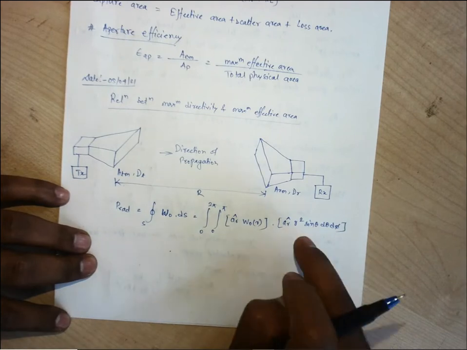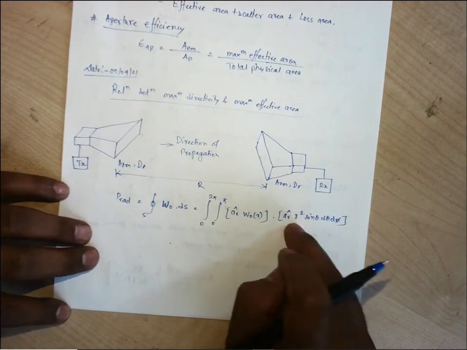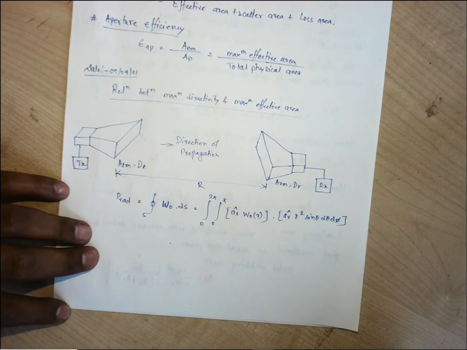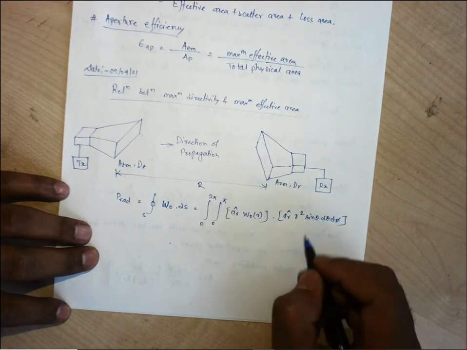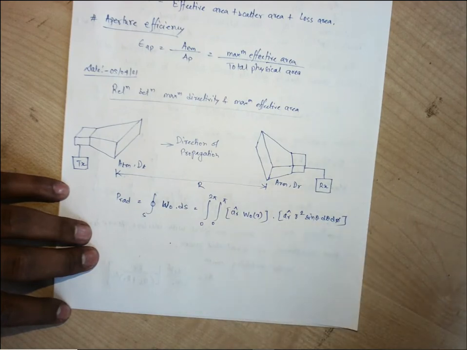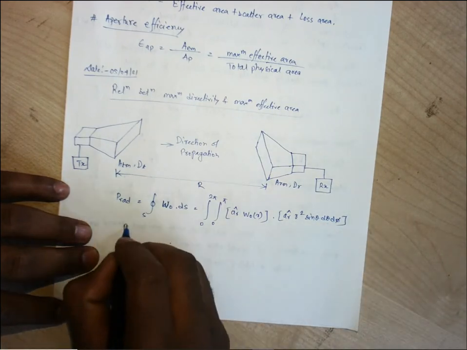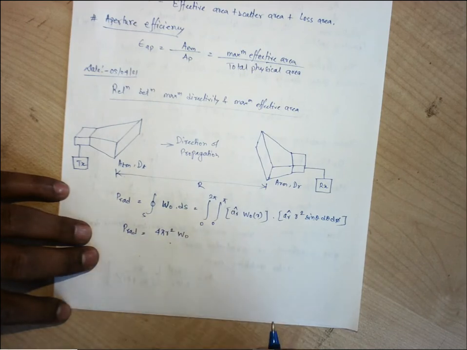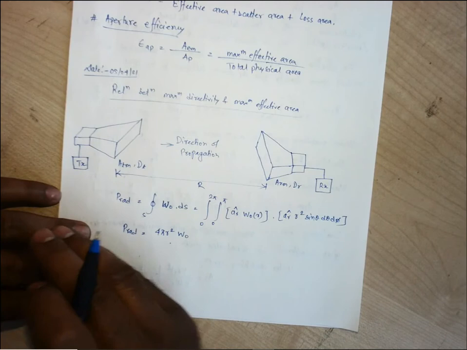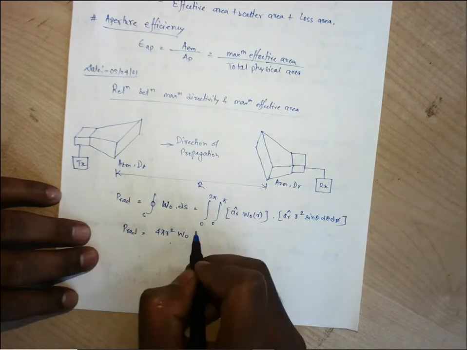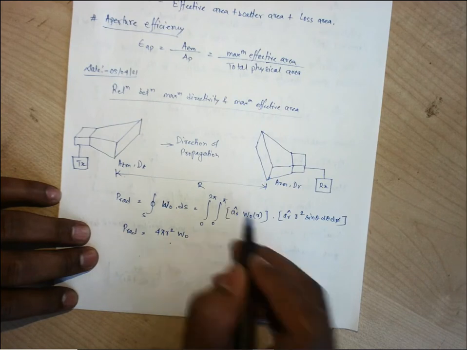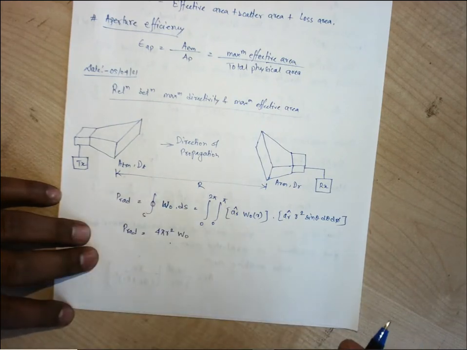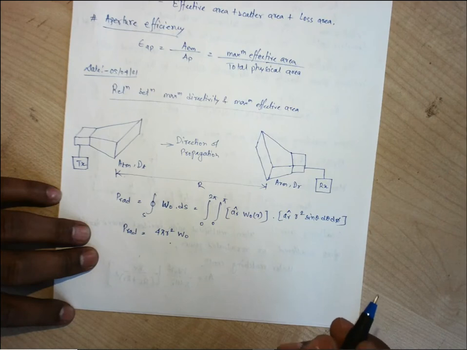I hope you can remember this one. We have seen this ds or dA for the beam area. From that, if we find the solid angle d omega, it is dA by r square, so r square gets cancelled. So we can say P rad is 4 pi r square into W naught. We have considered that the radiation exists in every direction, for phi equal to 0 to 2 pi, for theta equal to 0 to pi. So our radiator is considered a symmetrical radiator, or an isotropic radiator, in every direction.